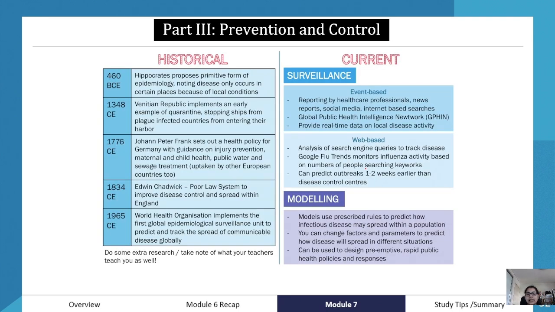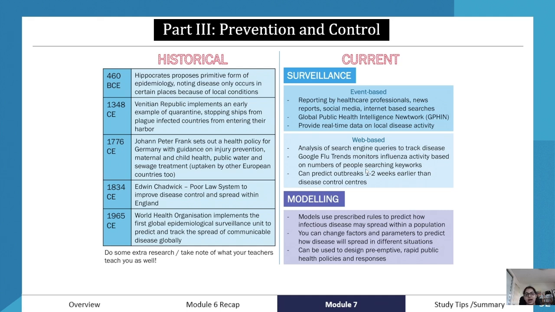Here is some info on the historical pathway of looking at infectious diseases and information surrounding infectious diseases. So we start off with Hippocrates, the very, very famous, known as the god of modern science. Hippocrates proposes a primitive form of epidemiology, noting diseases only occur in certain places because of local conditions, and then